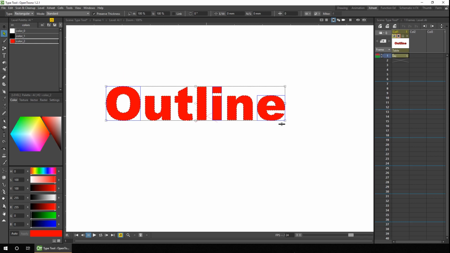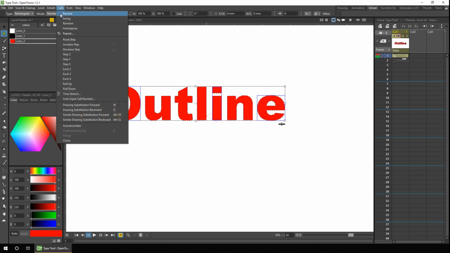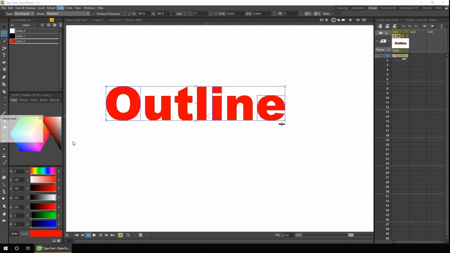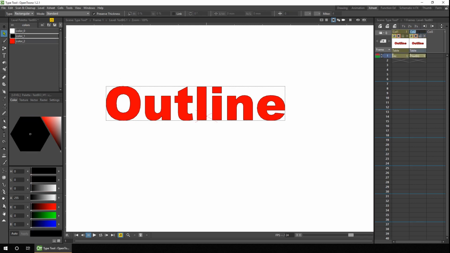So there's two ways to do this. One, you can just select all of the text, choose copy and paste it into a new vector level, or you can select on the cell, go to the cells menu item and choose clone, and that'll create a new level. And you can change the name for the level if you want to, so I will do text background. So this is the new background level, so I'll rename all the columns and then move the background